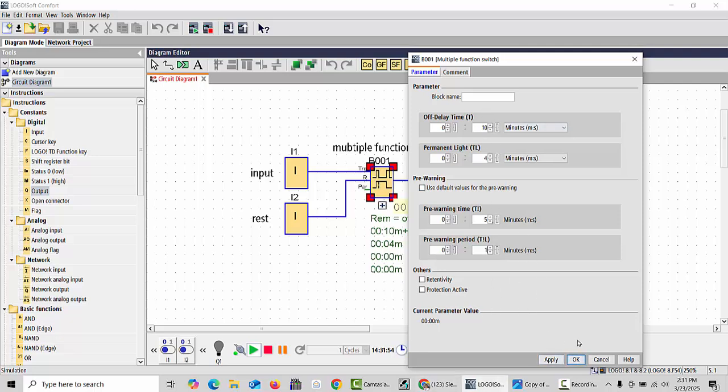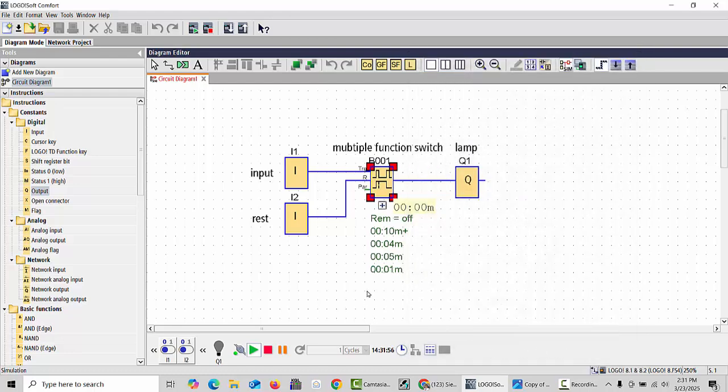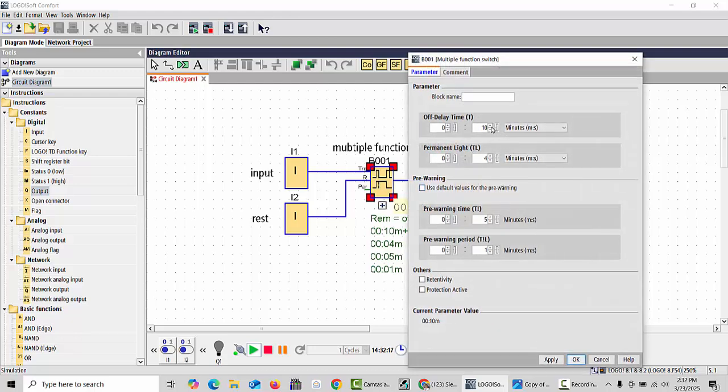Now let's check this also. Click OK, and after I will give the signal, and you can see your output is on, but after 5 seconds it turns off, and again turns on for 1 second after, and after 10 seconds it will be continuously on. So one more time we'll test this logic. For example, I put it here